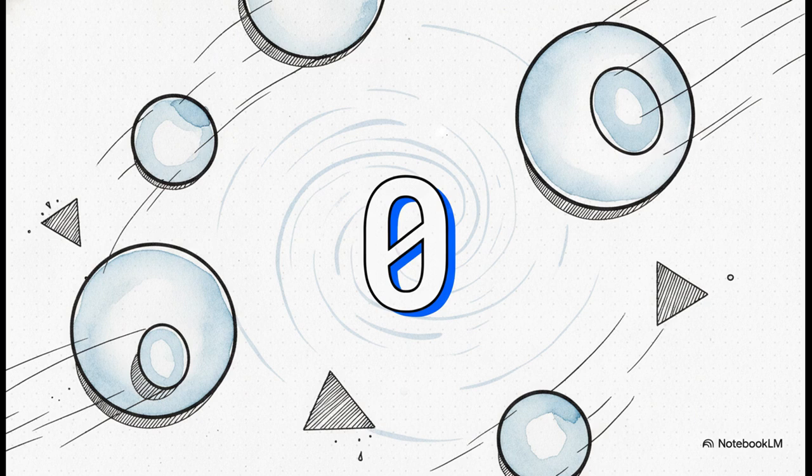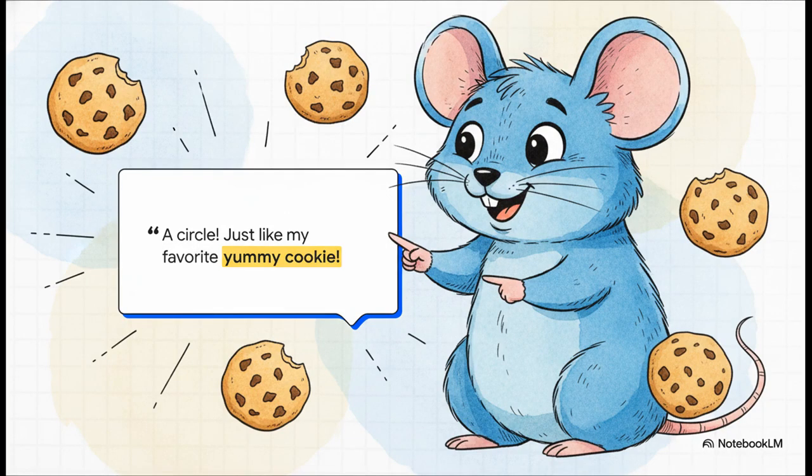Actually, this specific geometric lack of edges is literally what allows it to roll endlessly. Without any corners to stop its momentum, the circle is perfectly designed for continuous motion. It's brilliant, really. To really grasp this, we can look to the party's resident expert, the blue mouse, who excitedly points out, "A circle! Just like my favorite yummy cookie!" I love this because it brilliantly grounds the abstract concept of a zero-sided shape into something highly recognizable and delicious